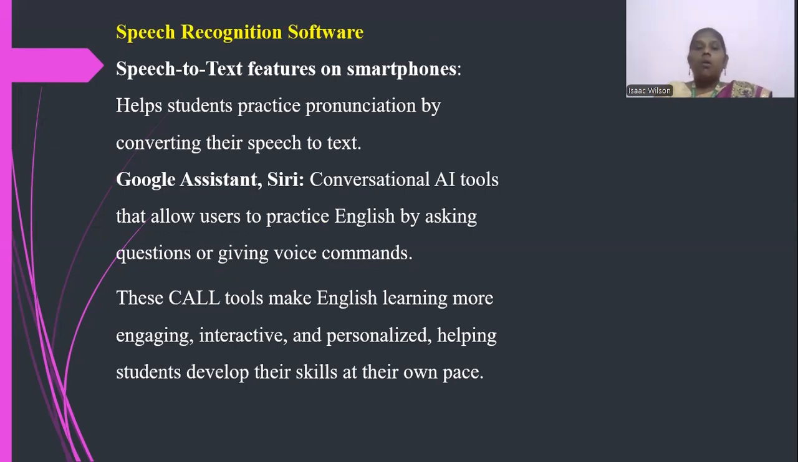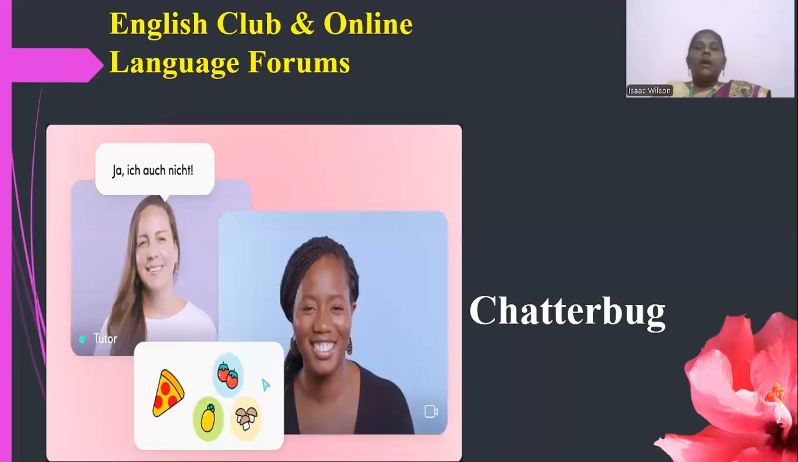So all these CALL tools make the language learning experience more engaging, more interactive, and more personalized. Okay, remember these are the keywords: engaging, interactive, personalized, at your own pace. Okay, so that matters. Other than that, we have some aspects that I'm coming to tell you now. These are the aspects I have personally tried, and out of it I'm just giving it to you. But only one thing, please check